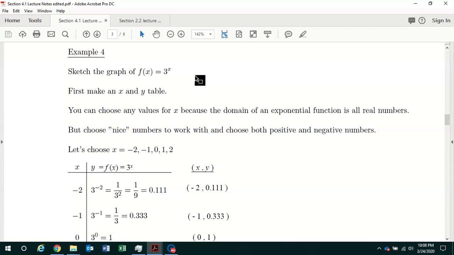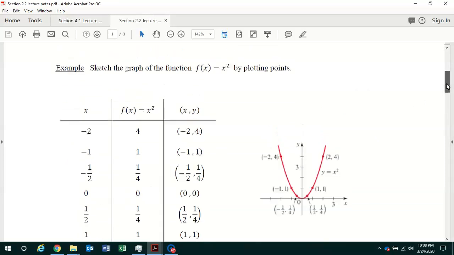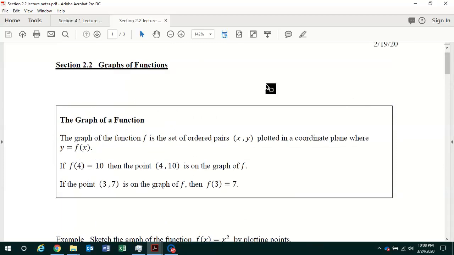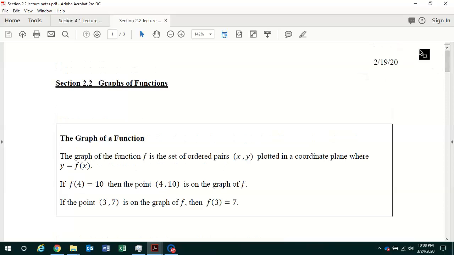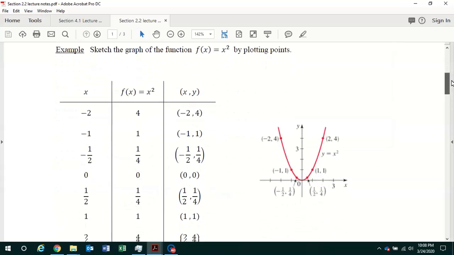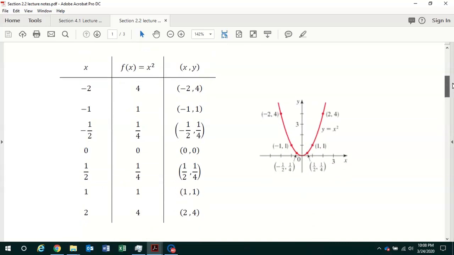Now we have studied the graphing of functions earlier in the semester. And so I'm just going to pull up here briefly your lecture notes from your lecture handout from section 2.2 back in late February on the graphs of functions. So in section 2.2, we learned how to graph a function in the coordinate plane. And remember, it's the same basic steps over and over when you're graphing a function by